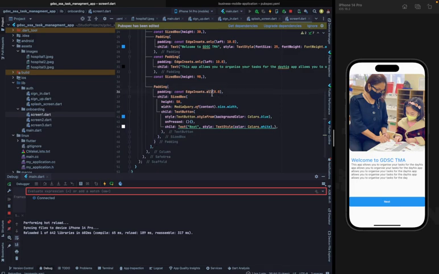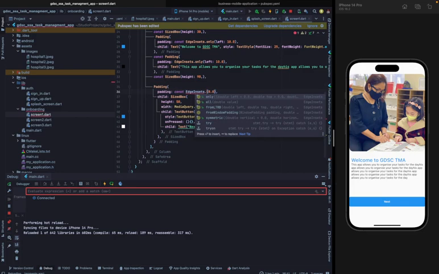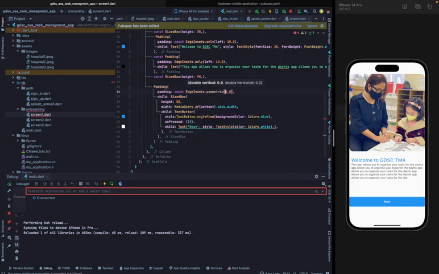So instead of wrapping it with only left, now we are going to do padding. There's something we call symmetric. So padding.symmetric allows you to choose how you want to add your padding, which is maybe left to right, or top and bottom, which is horizontal or vertical. So we are going with